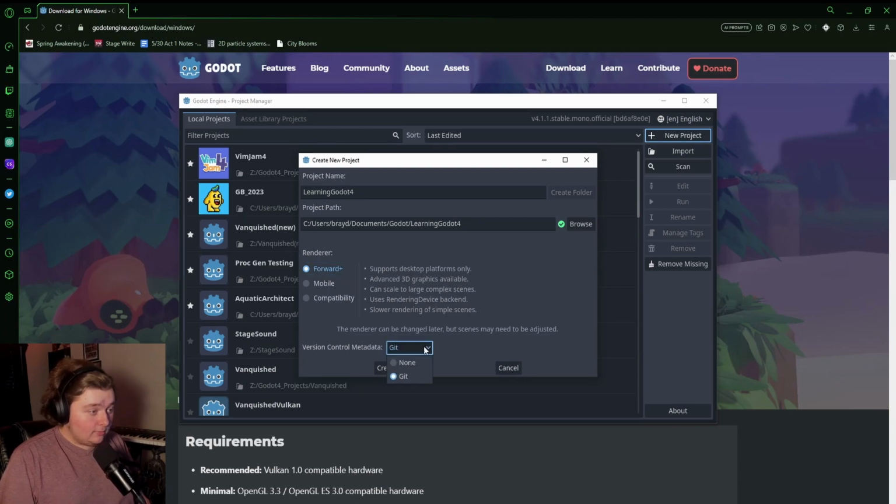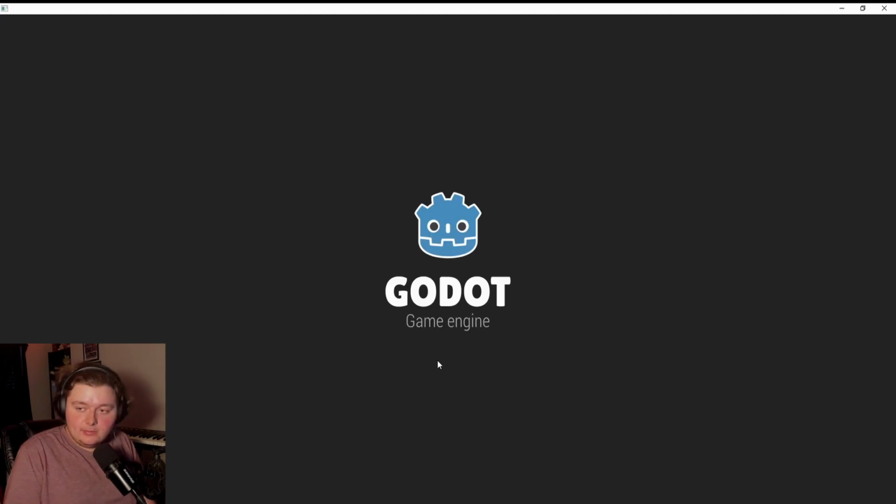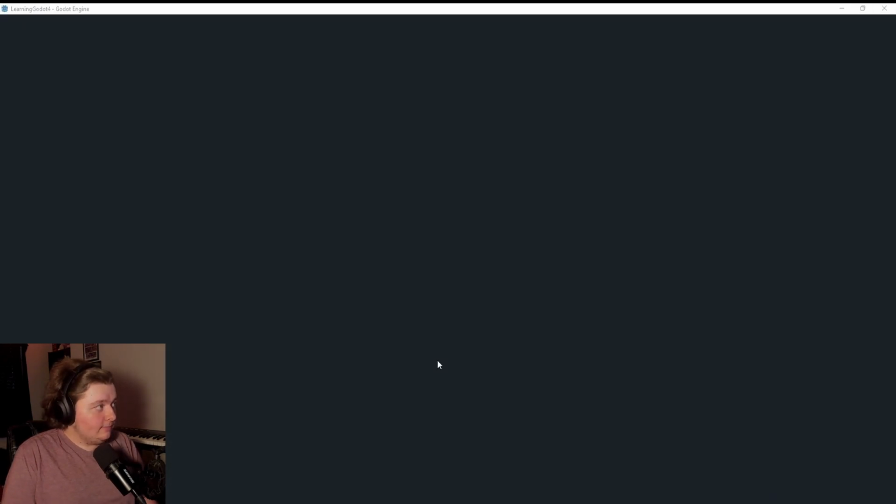And then version control metadata, if you're planning on using version control, make sure you choose Git, because then it creates the project files to work with Git more efficiently. If not, you can do none. I usually just leave Git on. That way, if I decide to eventually move my project to Git, it's not hard to change this. Once you do all that, you just click Create and Edit, and we are now launched into the Godot game engine. As soon as everything loads up, which is fairly quick actually, takes a little bit of time,